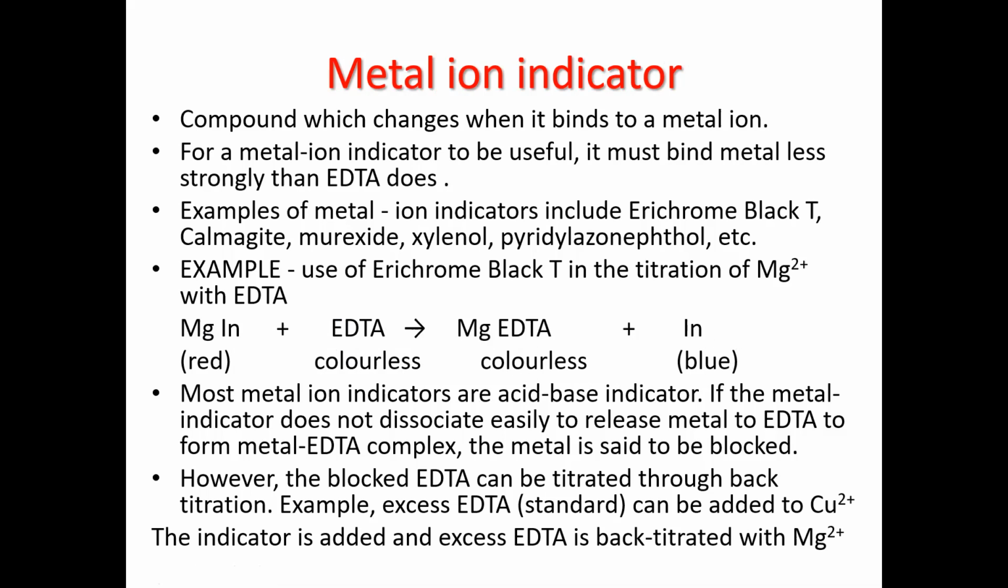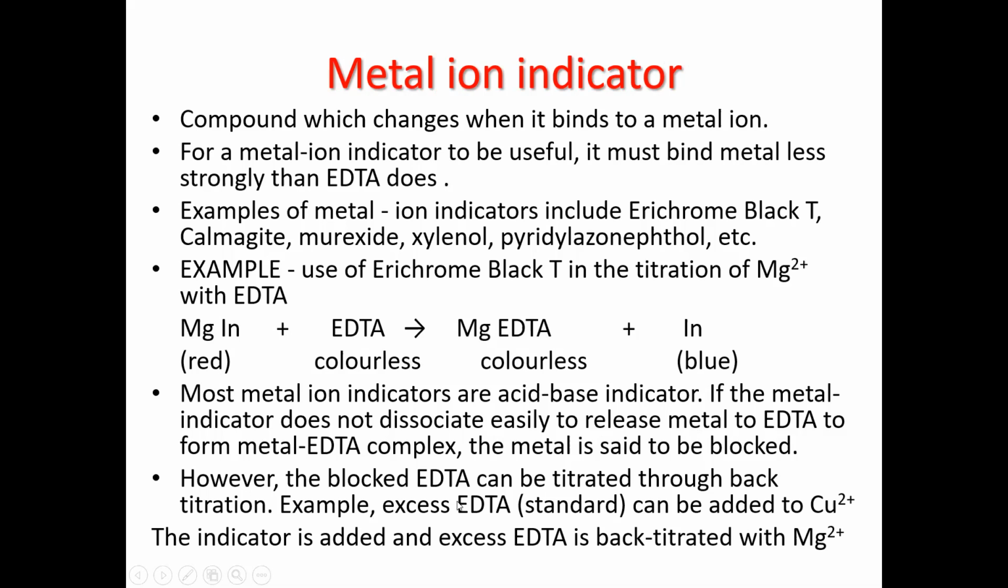So once the color changes from red at the start, you run your EDTA, and at the end point the solution turns blue. Most metal ion indicators work like acid-base indicators. If the metal ion indicator does not dissociate easily to release the metal to the EDTA, then the metal will be blocked. So you want the metal ion to dissociate from the indicator, and the EDTA to react with the metal ion to form a metal